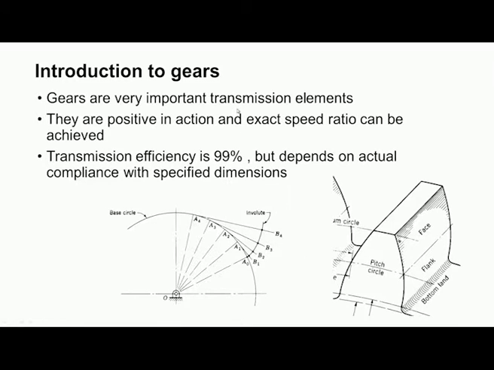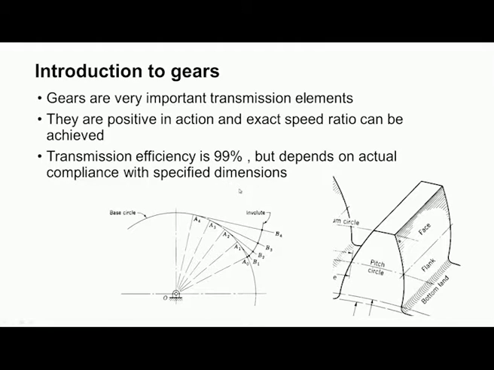These are very important transmission elements to transmit power. They are positive in action, that means there is no slippage. In the case of belt drive, there is a chance of slippage, whereas gear drive is a positive transmission, and an exact speed ratio can be achieved by using gears. Transmission efficiency in the case of gears is almost 99%, but it depends on the actual compliance with the specified